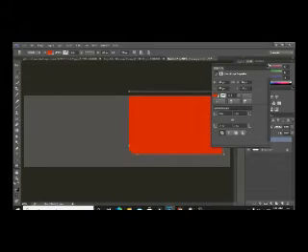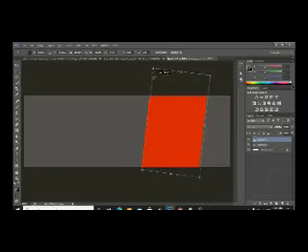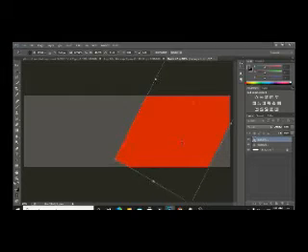After that, just close this properties box, press Enter, and press Ctrl plus T like this and rotate it about 10 degrees. But first we have to increase the size of the box as well, like this and like this. Okay, now our next step is to move it like this. You can see it is a little bit not right here, so I am adjusting it.